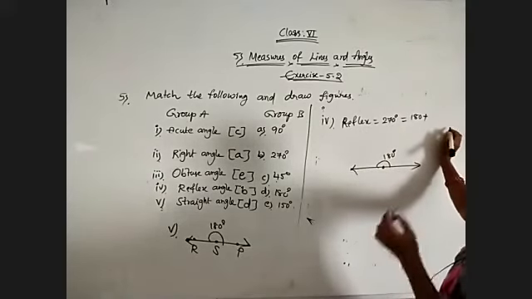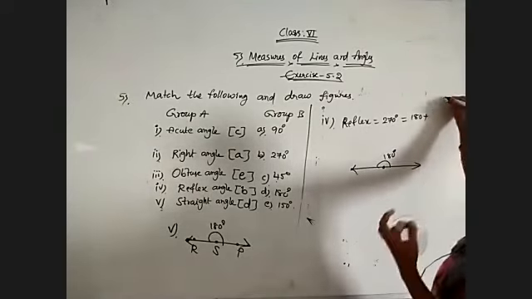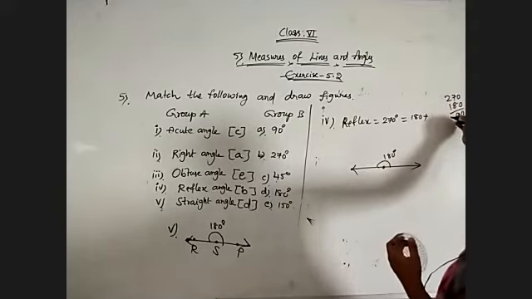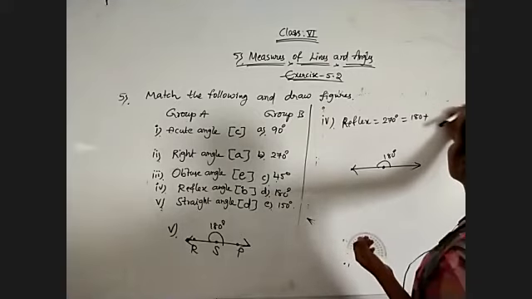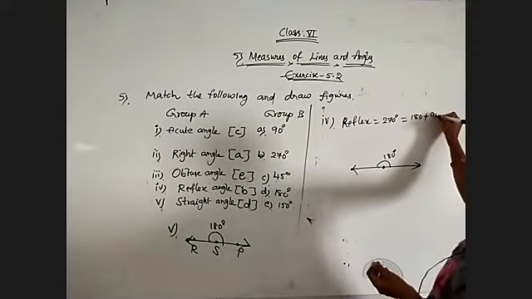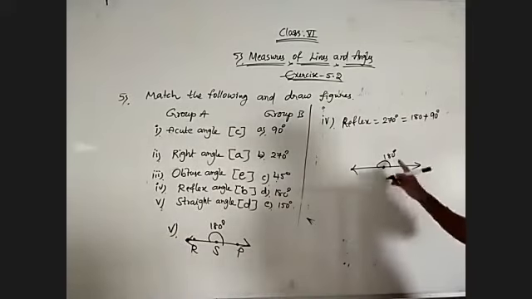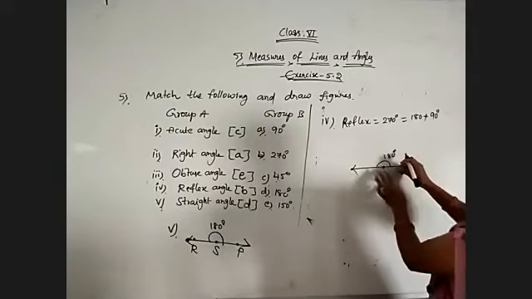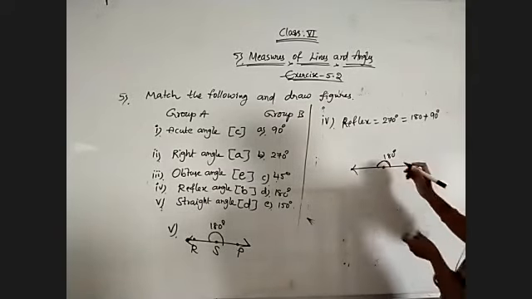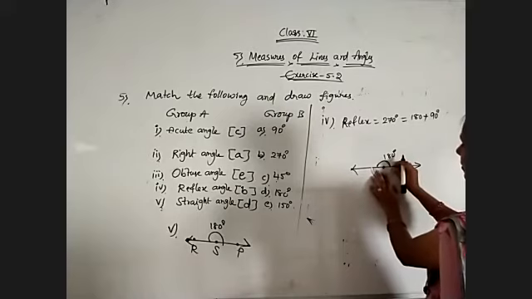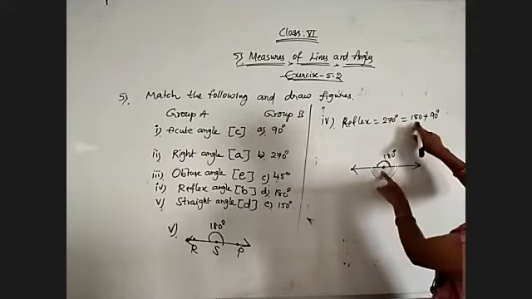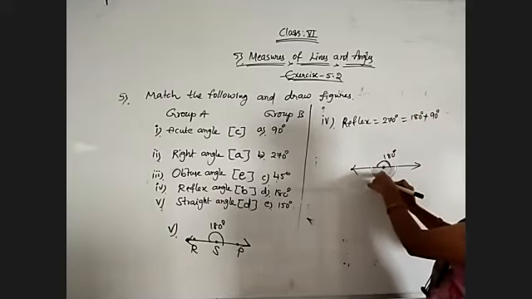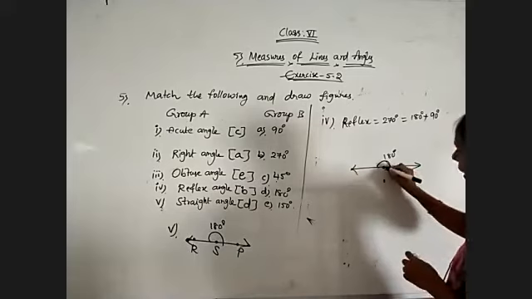So 270 minus 180. 17 minus 8 is 9. So 90 degrees. 180 plus 90 degrees is a reflex angle. So it is a straight line. Now I am placing this side. This side is already over. This side I am placing. 180 degrees is over. 90 degrees I need to construct. So 90 degrees is this one. It means I will get it in this way.